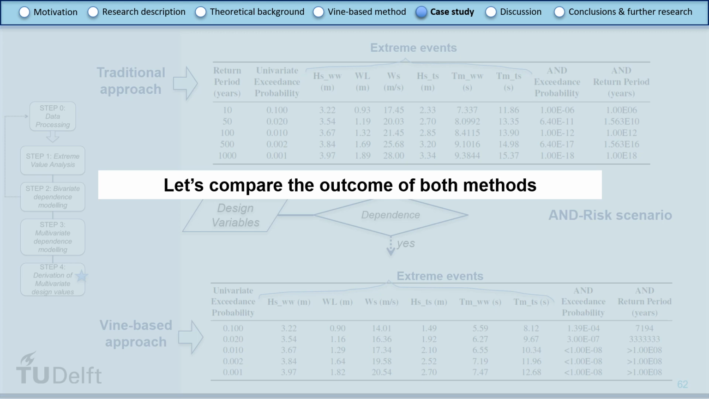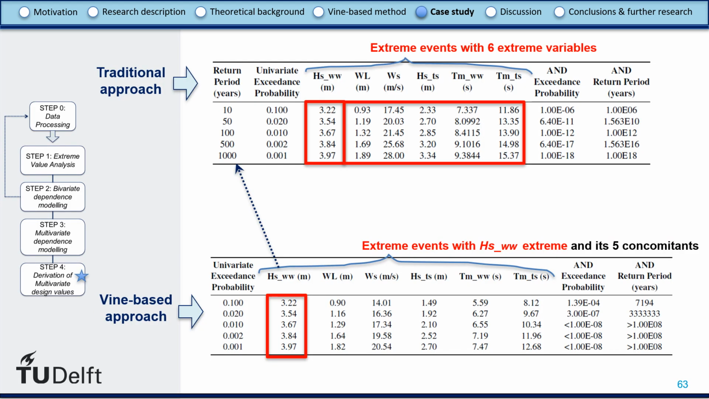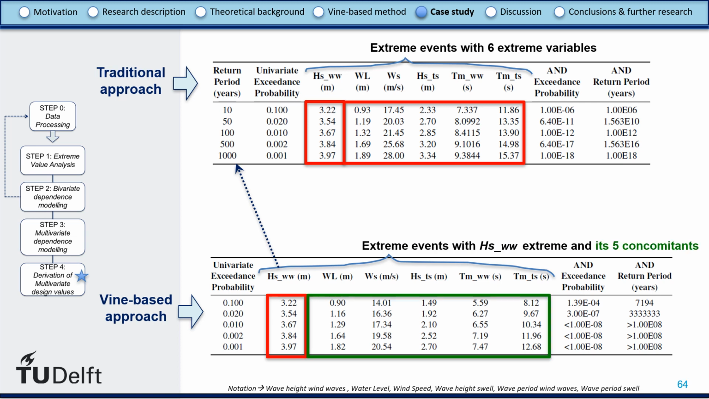Let's compare the outcome of both methods. In the traditional method, all the variables are extreme. That's why they're all highlighted in red. However, in the vine-based methodology, only the wave height of wind waves is extreme, because we assume that this was the dominant variable. In the vine-based methodology, we find the remaining 5 concomitant variables, which do not have to be per se extreme